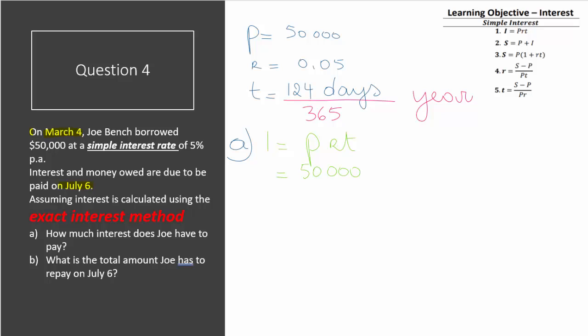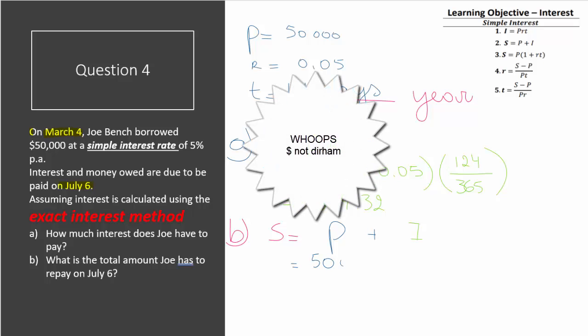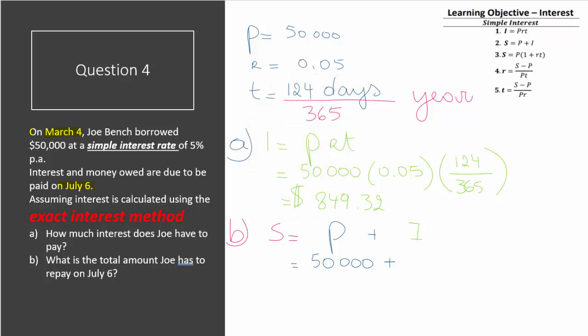The formula, principal times rate times time. And again, make sure that you don't fill out 124 because that would mean that he borrows the money for 124 years. Joe has to pay back $849.32. Question B asks how much money he has to pay back completely. So he has to pay back 50,000 dollars and the interest. So in total,